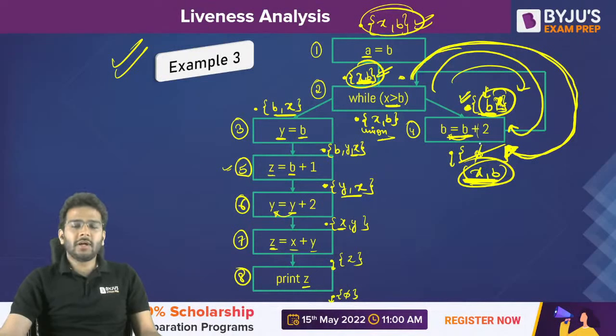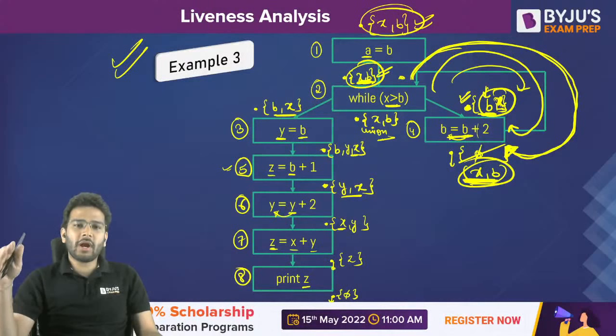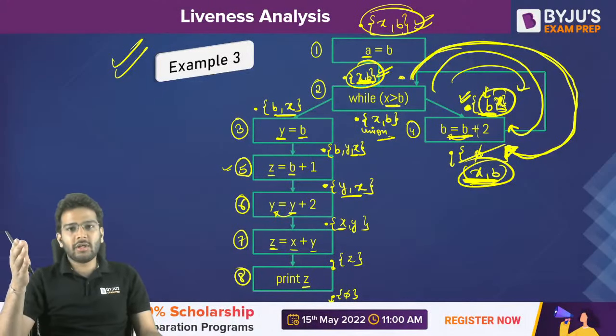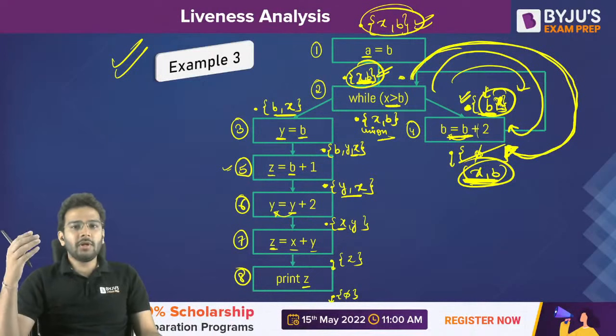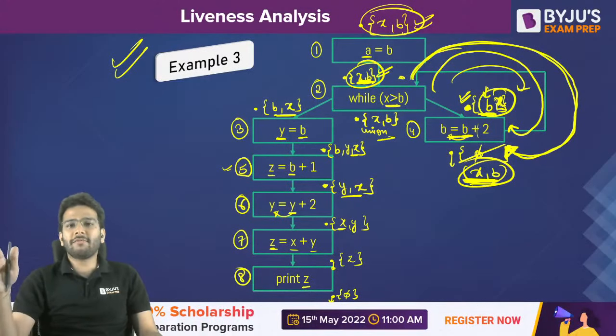Vishal, if you make third iteration, fourth iteration, you have to keep on doing that till your answer remains unchanged. That means if you are getting the same result back, then there is no need to perform more iterations. If you perform third iteration here, still you will be getting the same thing. You can clearly check this x comma b, it is going to repeat. It is not going to change. That's why I'm saying at least try to make 2, 3 iterations to get the final answer, because after that it is not going to change again and again. Is it clear to all of you, Vishal and all?